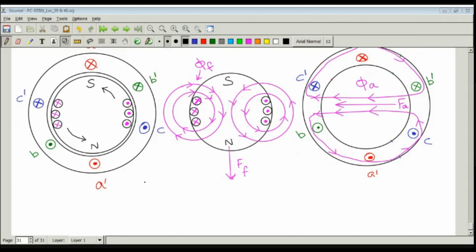We can observe from above that the orientation of phi f and phi a